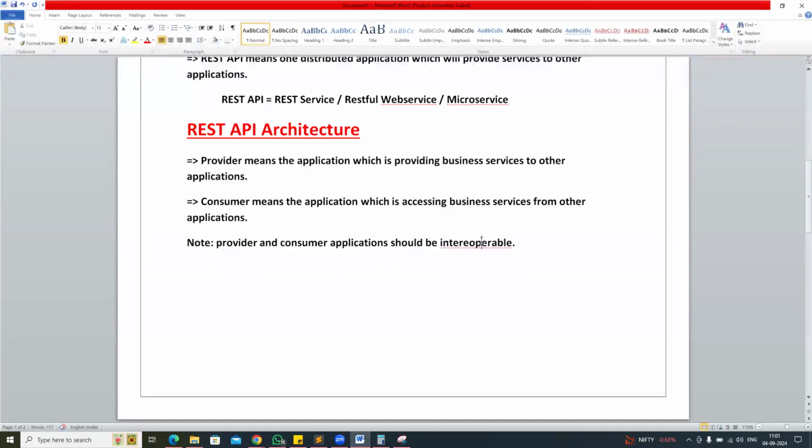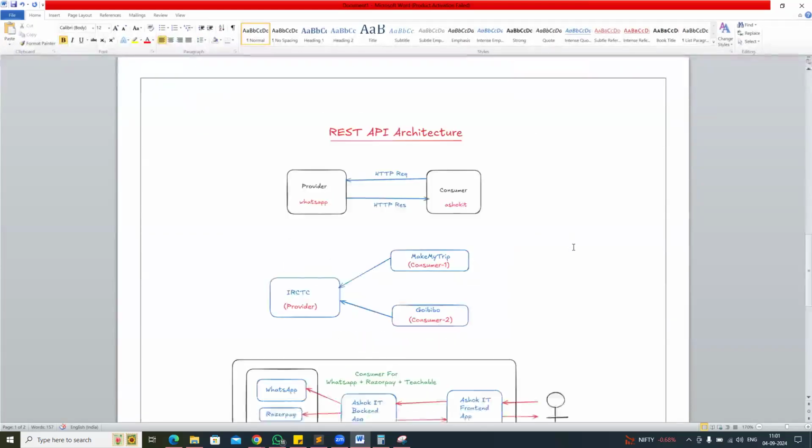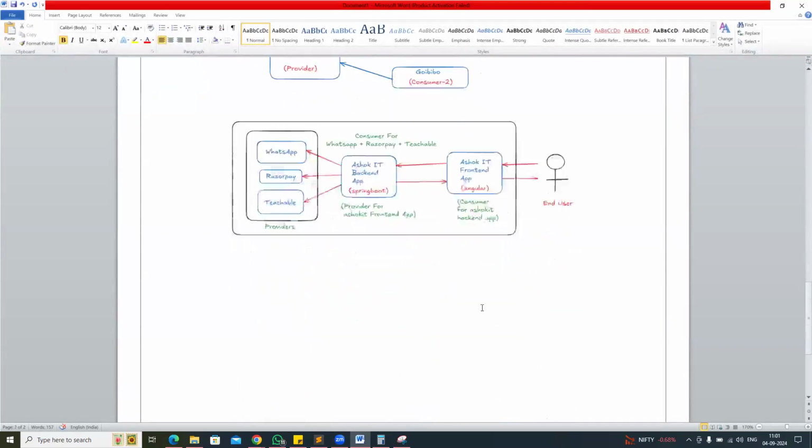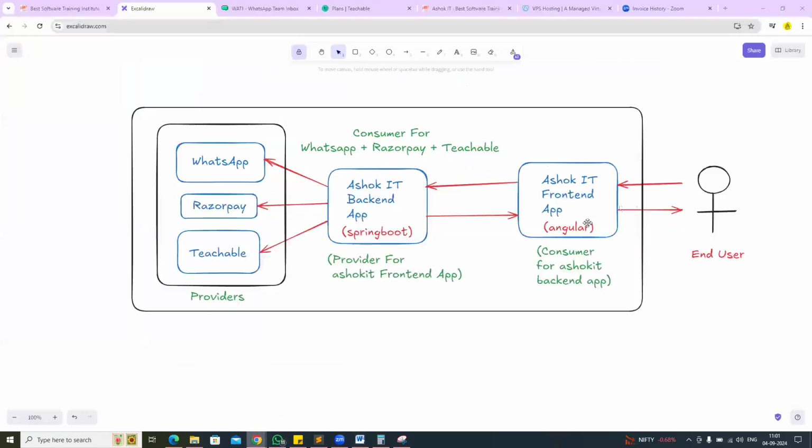Interoperable means, here the WhatsApp project was developed using which technology? I don't know. Razorpay was developed using which technology? I don't know. Teachable was developed using which technology? I don't know. Okay, so here, irrespective of the technology, one project is communicating with another project,